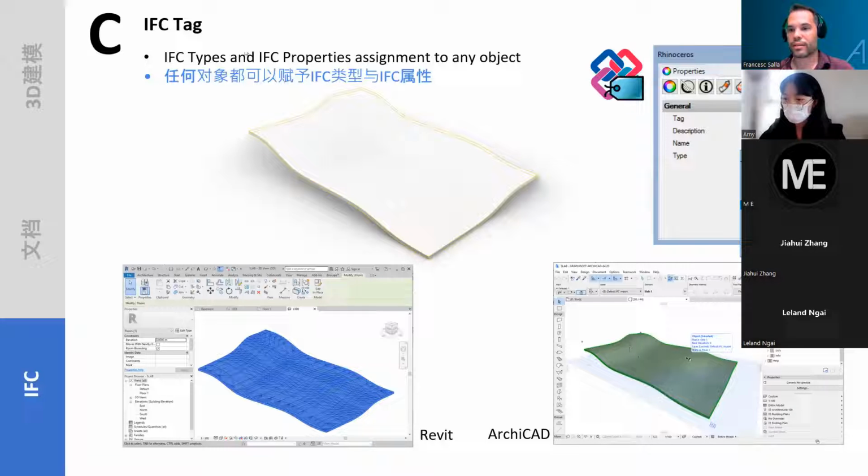So when we export that to IFC, other programs will recognize this as a slab. 那任何对象都可以赋予 IFC 类型与 IFC 的属性，比如说这个组件，我们可以把它导出创建为 IFC 的类型。在右边的这个框里，我们可以去设置它的属性，比如说它的类型、名称、描述等等。